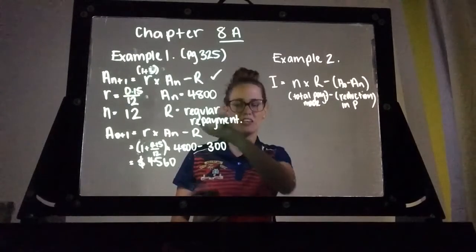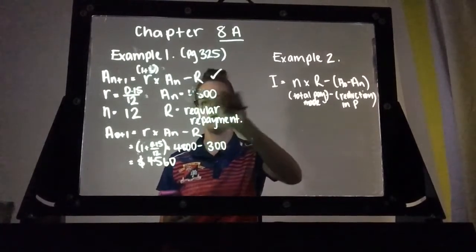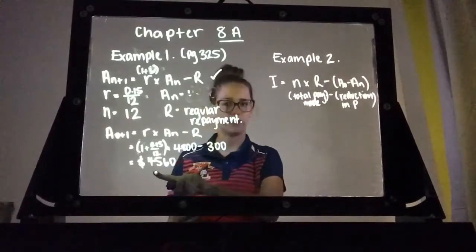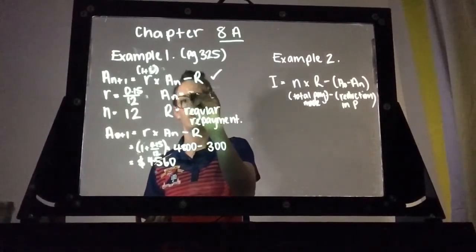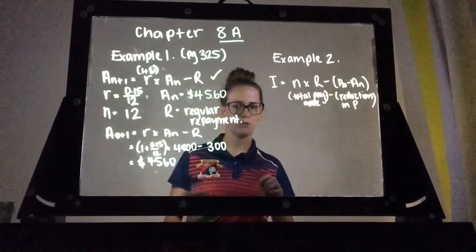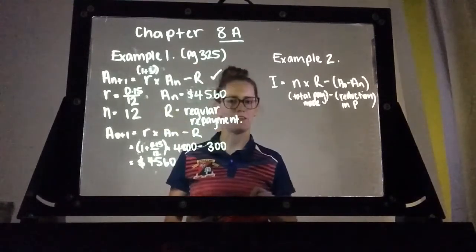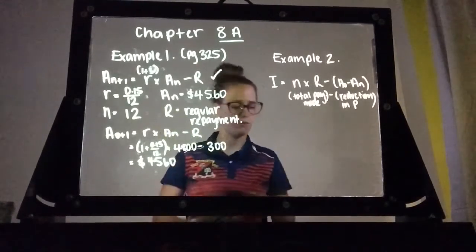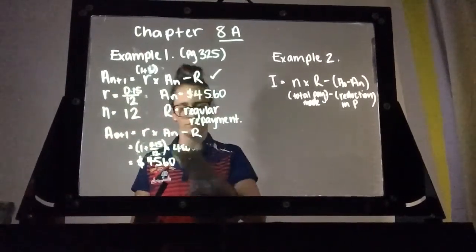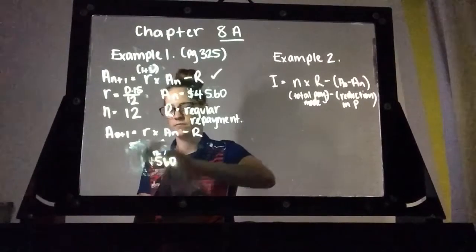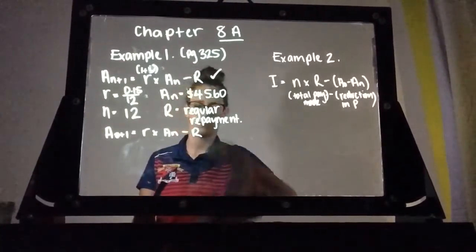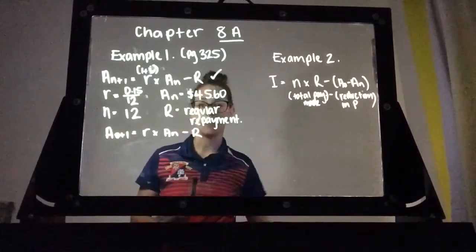For this next calculation, our AN value is going to be what we actually got for that answer there. So 4,560. So I'm going to put 4,560. Our repayment will remain the same, our rate will remain the same, and our compound periods will remain the same. So following that same process again,